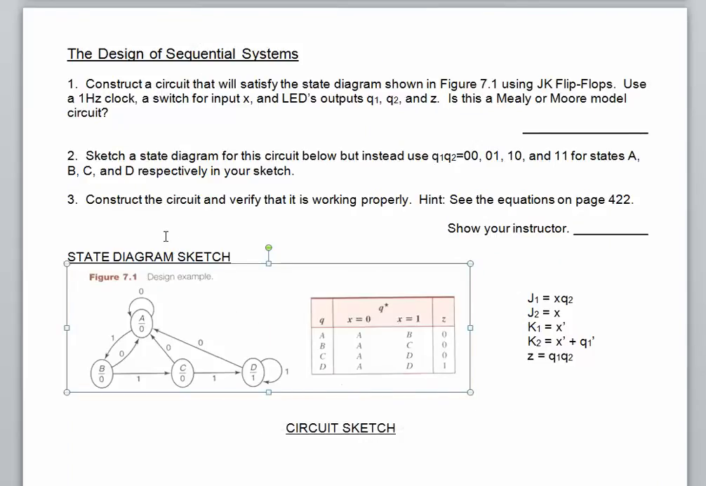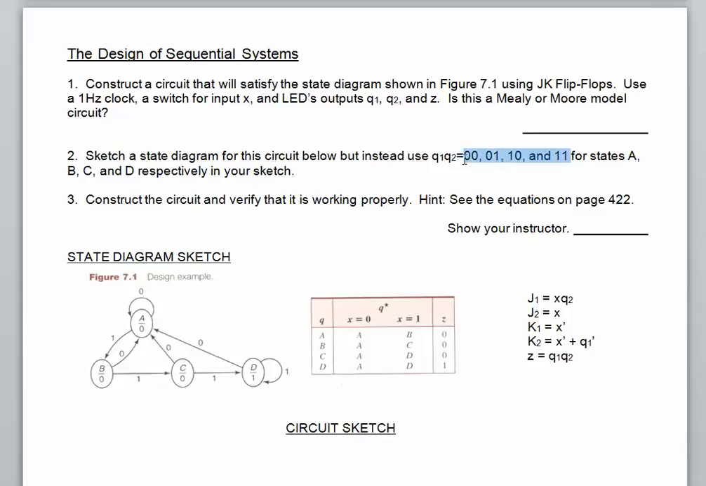What they're asking you to do next in step 2 is to sketch the state diagram, this thing right here, but instead of using A, B, C, and D to represent the states, they want you to use Q1 and Q2. This is going to be corresponding to flip-flop 1 and flip-flop 2. Notice here they're using lowercase letters. And this is going to be state 0, state 1, state 2, and state 3 for these letters A, B,